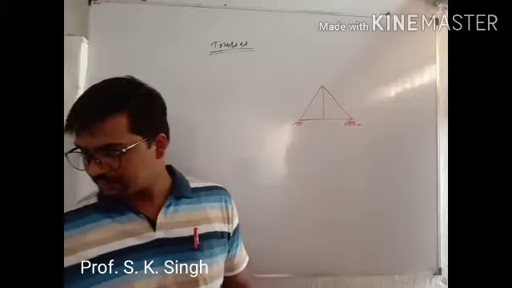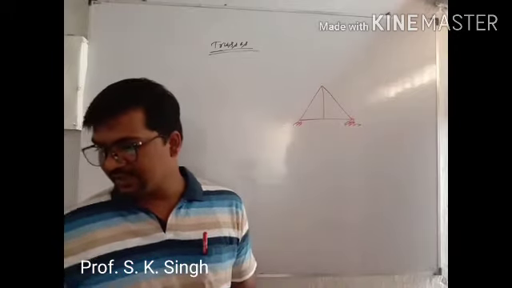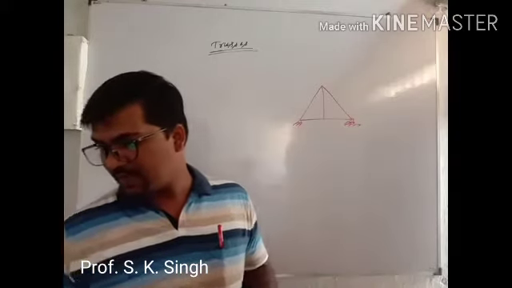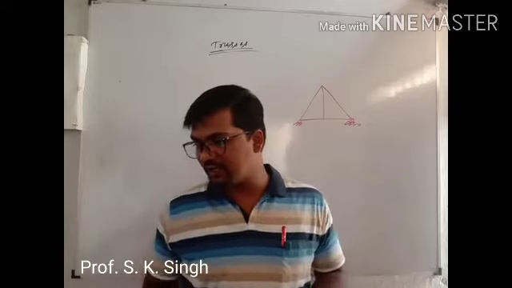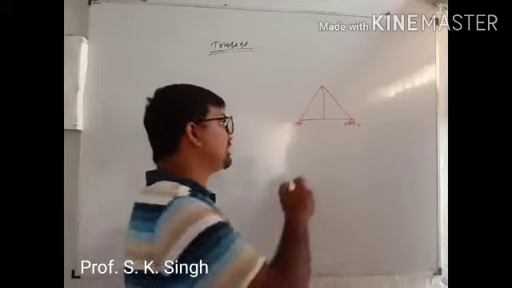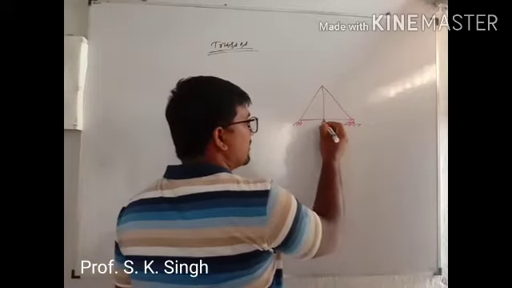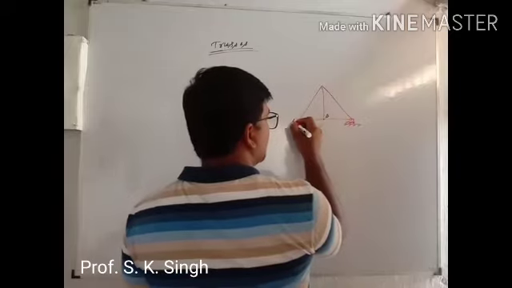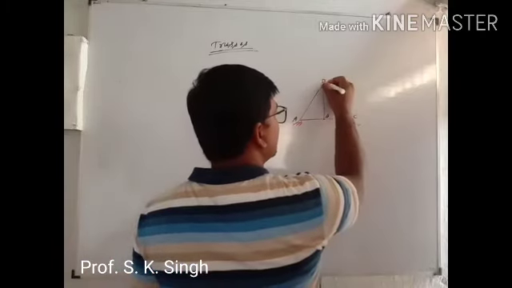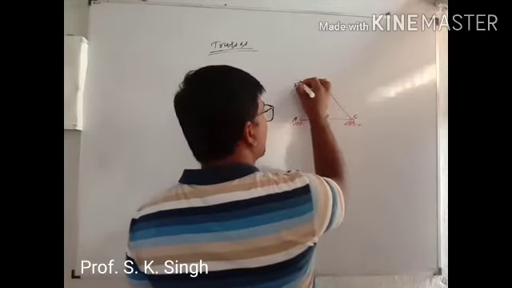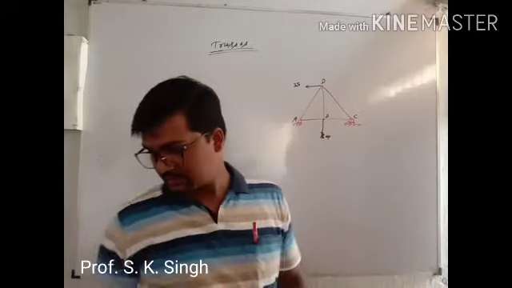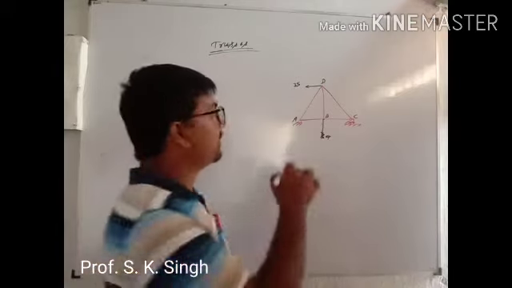Next, we will analyze the forces in this truss. You can see this problem. This is a problem of determining the vertical and horizontal deflection at point B of the truss. This is point B, and the joints are A, B, C, D. The horizontal load is 35 and this one is 84, given in kilonewton.